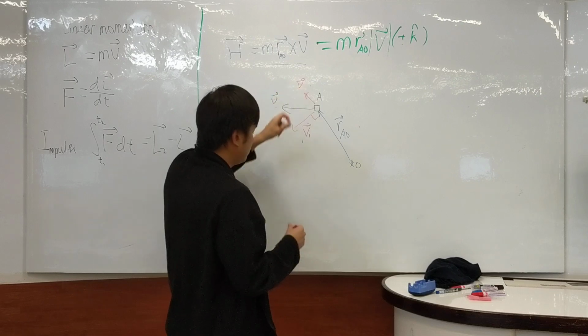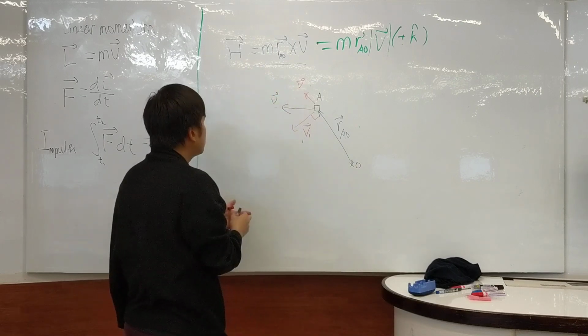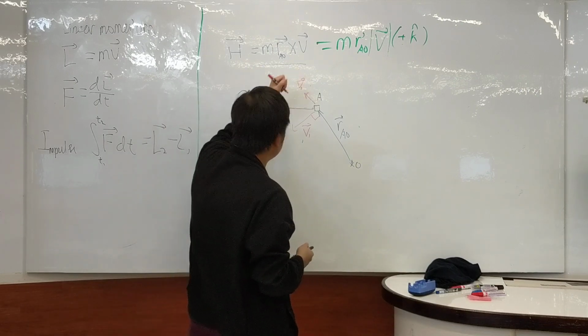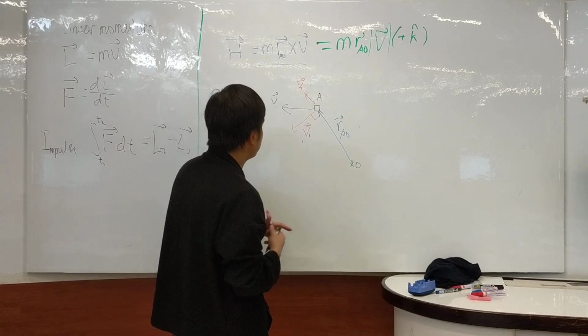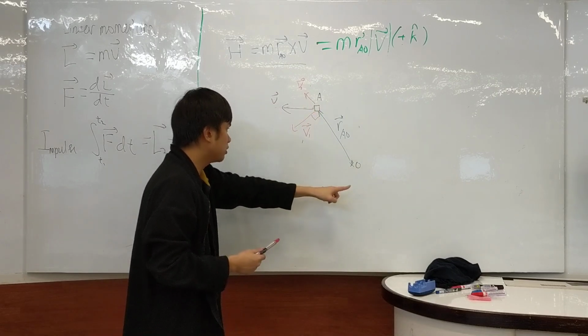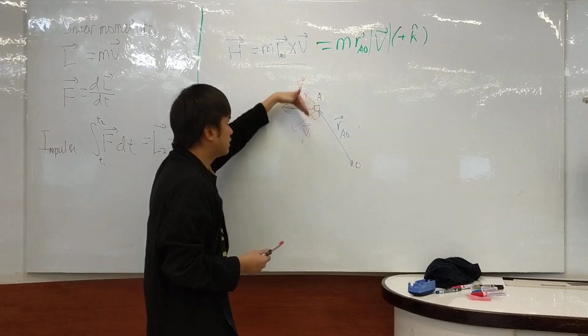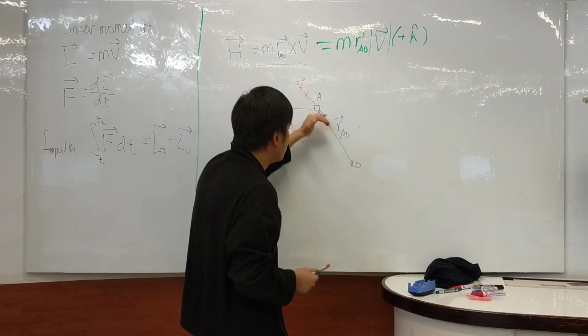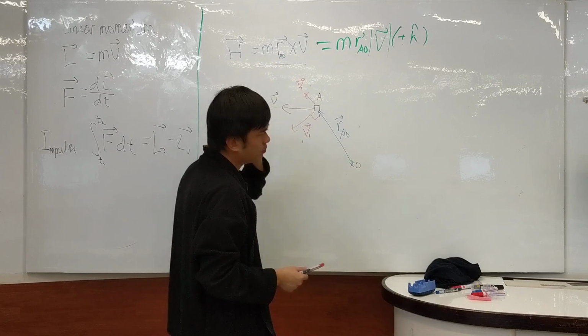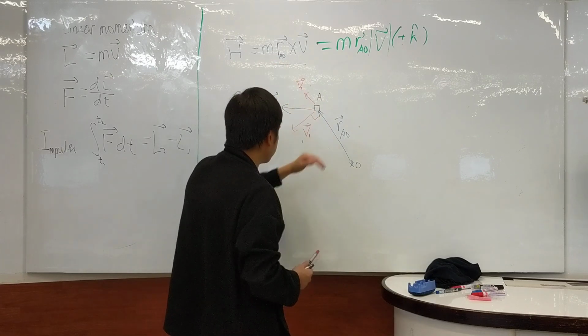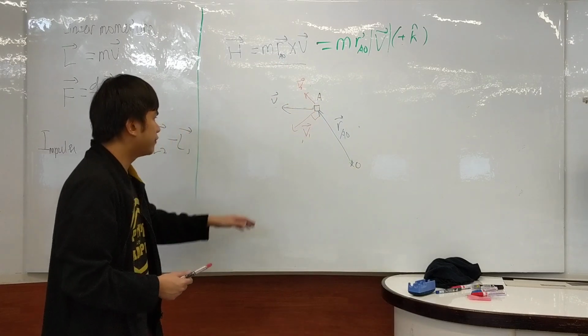So in other words, the second method to solve this equation is just resolving the velocity into two directions. One is perpendicular to the displacement of the point from this center of rotation. The other one is perpendicular to it, so it's parallel to the displacement. Now, once we have these two terms,